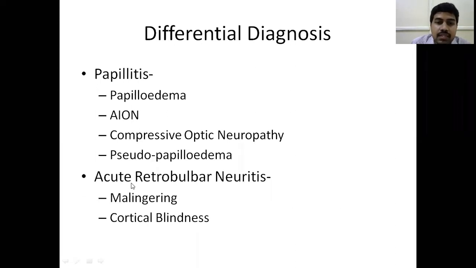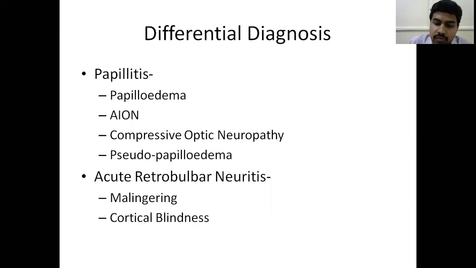If the fundus is entirely normal, so the fundus has got no pathology, and the patient is saying, I'm unable to see, you don't know whether it is malingering, hysteria, or acute retrobulbar neuritis. If you ask him the symptoms and if everything resolves, it is hysteria. If it is still not resolving, it could be malingering or acute retrobulbar neuritis. If it is retrobulbar neuritis, ask about the symptoms: pain on ocular movement, sudden loss of vision. And all these things need different tests to rule out malingering, or neuroimaging.